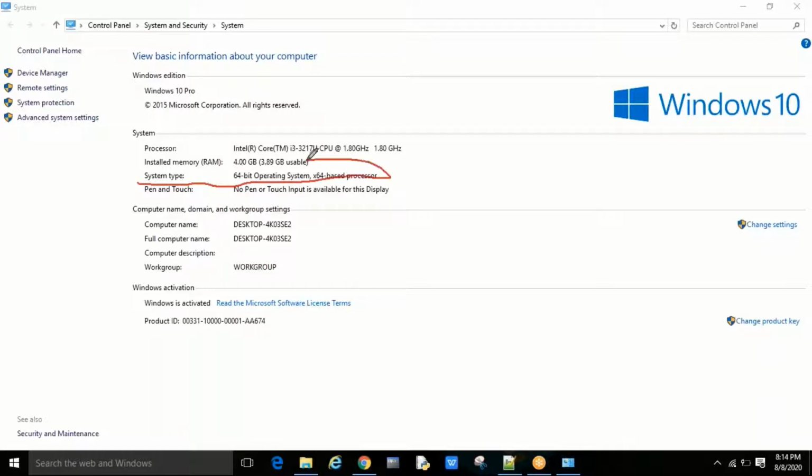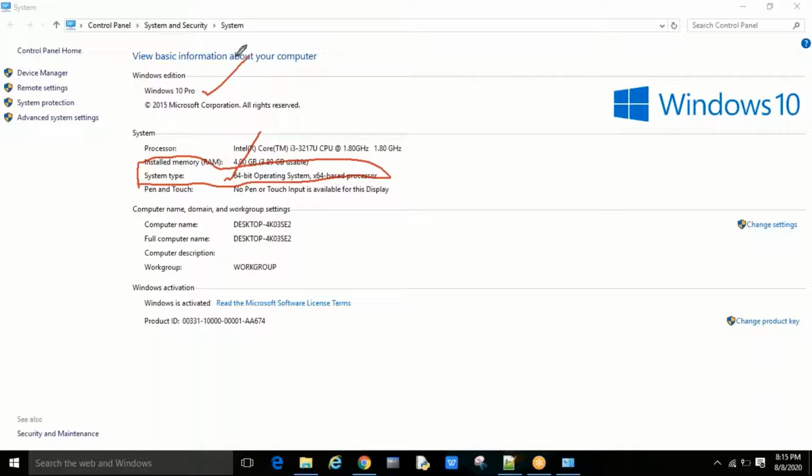You can check your system, what bit you have, which operating system, and whether it is 64-bit or 32-bit, you have to select here. I'm using Windows 10 Pro.